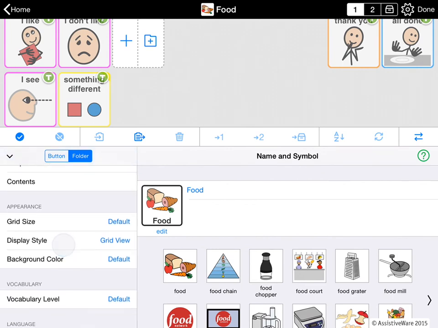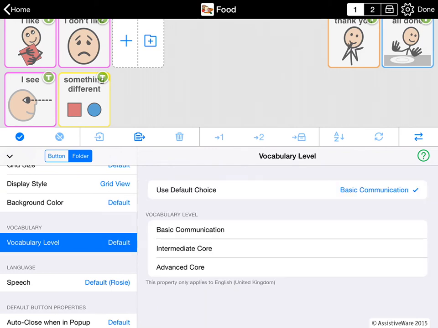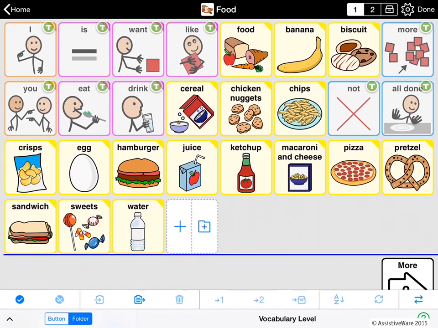and scroll down, and you can see this section here that's called Vocabulary Level. I'm going to tap it, and you can see that by default we're going to use the vocabulary level that's set in options, which is basic communication, but I can select any of the other vocabulary levels. So I'll select intermediate core, and here you see we have the intermediate core template and also some additional food choices. And of course I can customize these food choices very easily, as you will find out in some other videos about